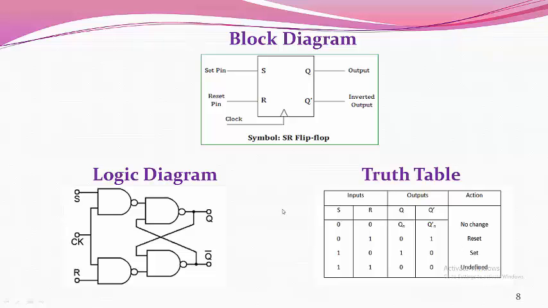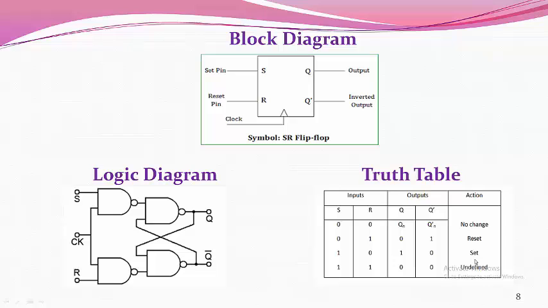These are three cases. Now concentrate on the fourth case, in which S and R inputs are both at high position. Apply those values to this position. After manipulation of this value, we are getting present output Q equal to 0 and Q bar equal to 0. Means at this condition, the flip-flop cannot respond or cannot store any value, and we cannot determine which value is stored in the flip-flop. So at this condition of input, the state of the flip-flop is undefined state.